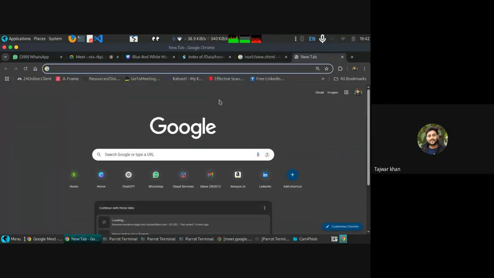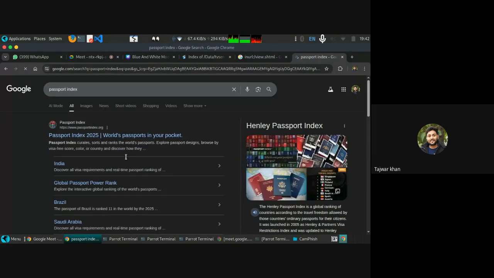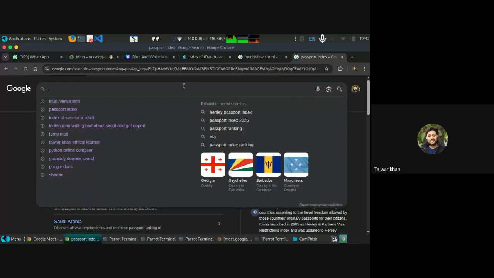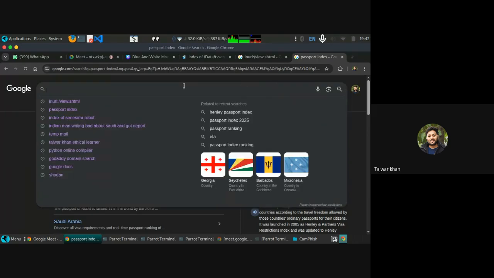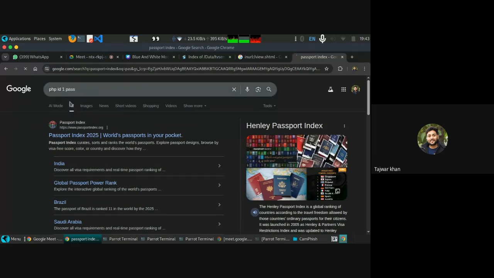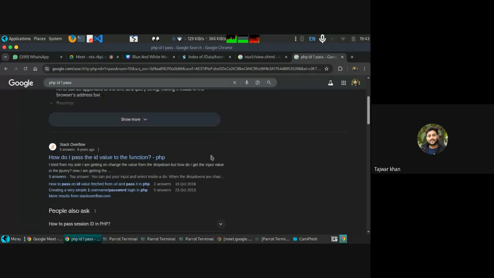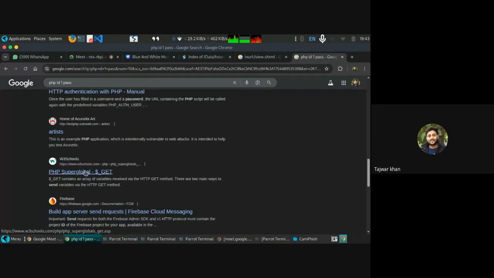And if I want to search for some password or something, we have a password index. It is giving me this. So if we search for indexing of some password, or PHP, maybe I'm putting it in a wrong way, but still we are getting some data.